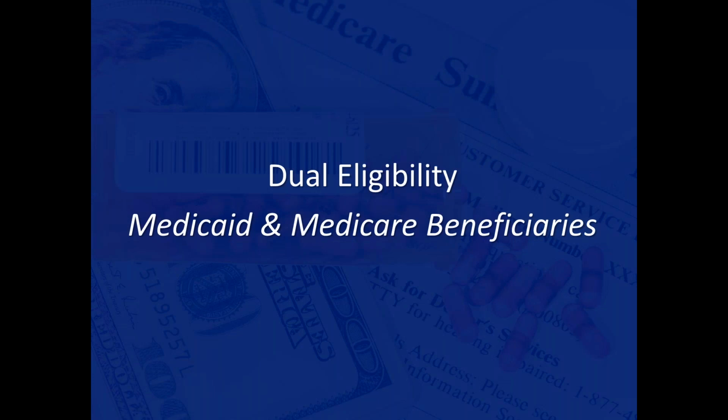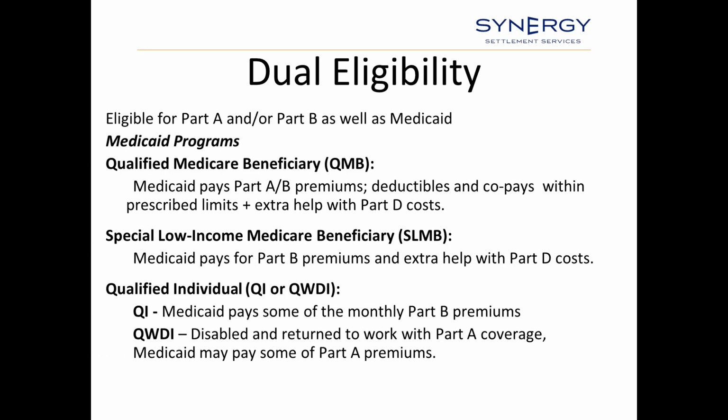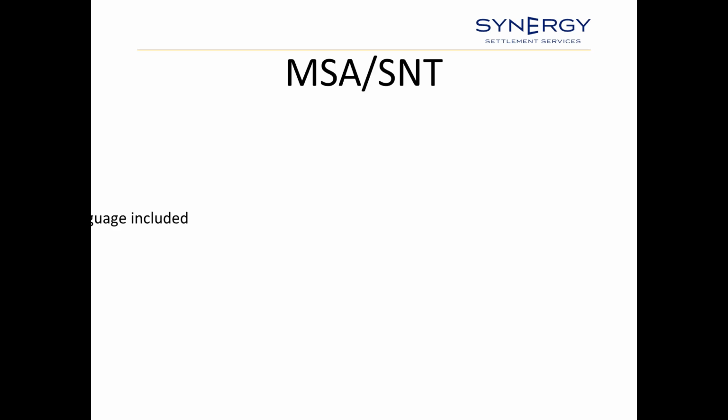So the last substantive topic is dual eligibility. There is a subset of the injury victim population that will have both Medicare and Medicaid. What these clients get are Medicare coverage, which is primary, and then Medicaid supplements and pays parts of the expenses normally that would be incurred by the client. And there's a whole host of different programs that Medicaid provides benefits under based upon assets and income, which are outlined in the slide, which I'm not going to cover.